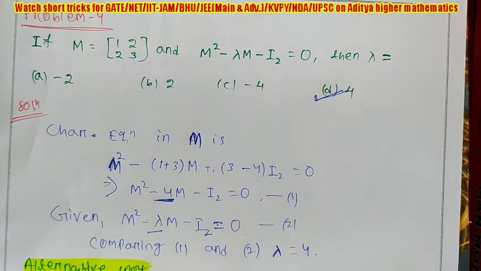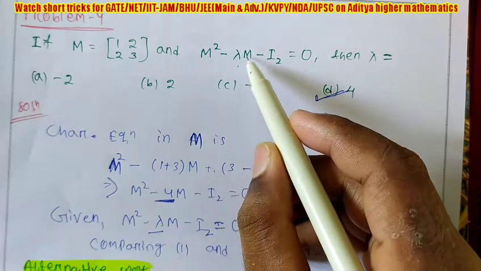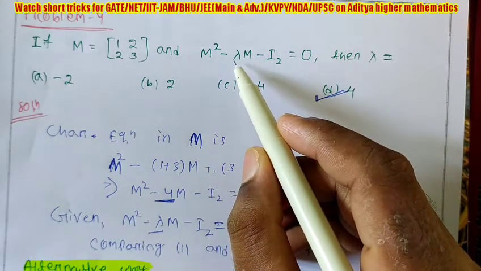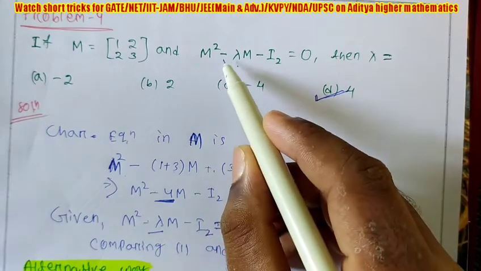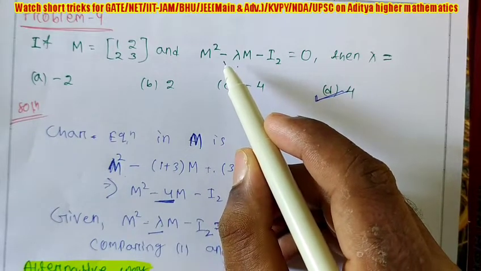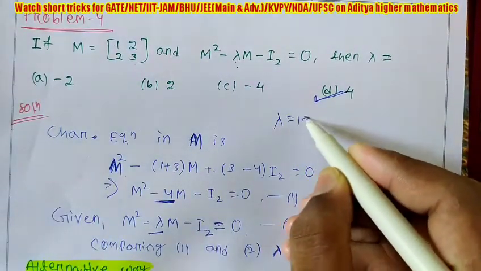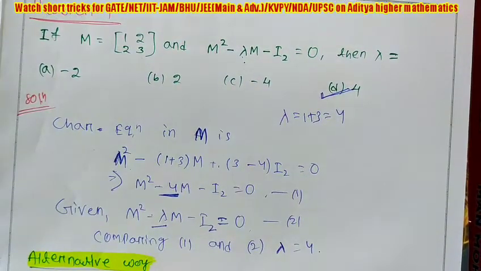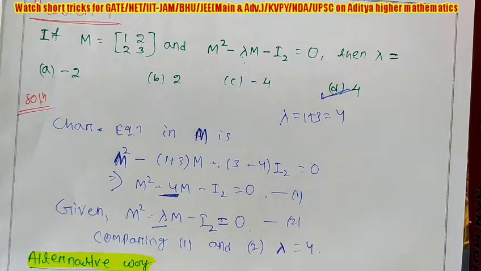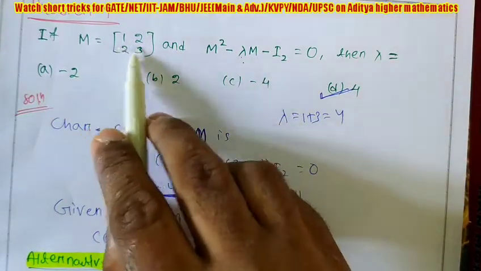Try to understand what I am saying. This question needs no simplification, multiplication, addition, or subtraction. That coefficient is given as lambda, and I told you the coefficient of M is the trace of the matrix, that means the sum of diagonal elements, if the sign is given minus. If the sign is plus, you have to change the sign. Since the sign is minus, lambda is the sum of diagonal elements, that means lambda is simply 1 plus 3, 4. Only 1 second you have to take to solve this question. You are getting lambda as the coefficient, that means find its sum.